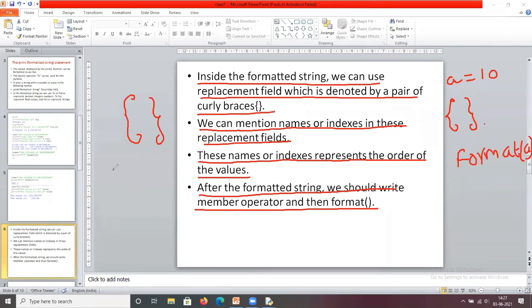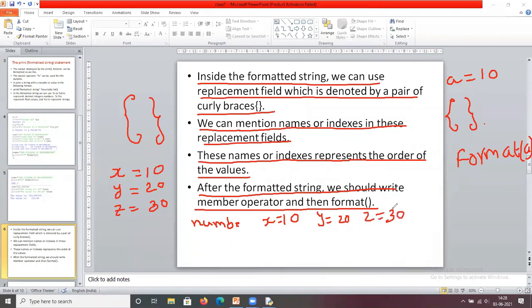For example, I have three variables: x, y, z. X value 10, Y value 20, Z value 30. Now I want to print these values like this: x equals 10, y equals 20, z equals 30.